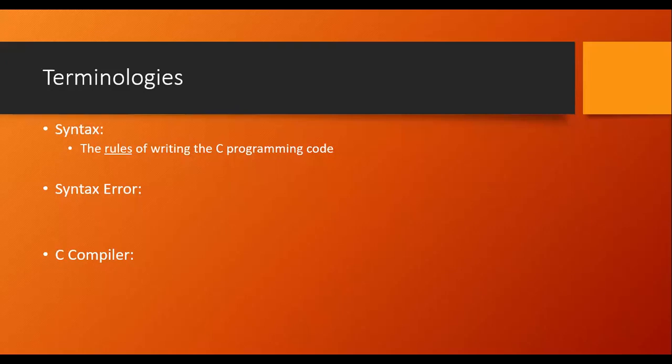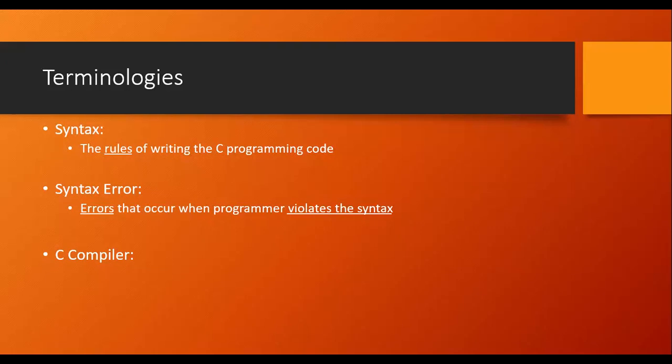Okay, then the second term is, suppose while writing the program, if the programmer makes certain mistakes, certain errors while writing that particular syntax, then such mistakes we call syntax errors. So syntax errors are what? These are the errors that occur when the programmer violates the syntax. Now we already know what syntax means. These are the rules. If the programmer doesn't write following those particular rules, then whatever error appears, those errors are known as syntax errors.